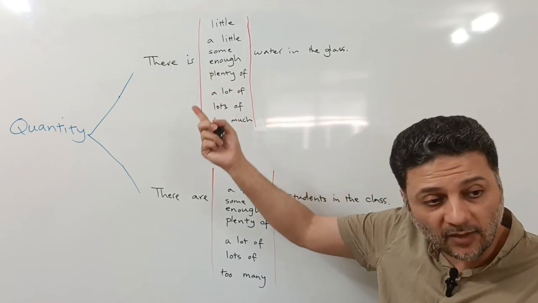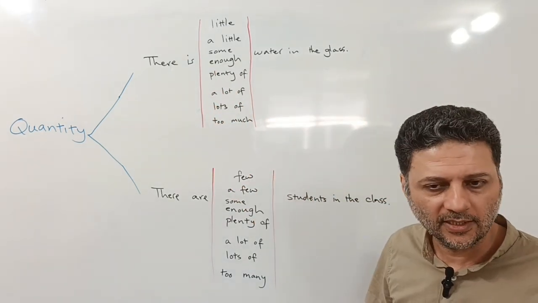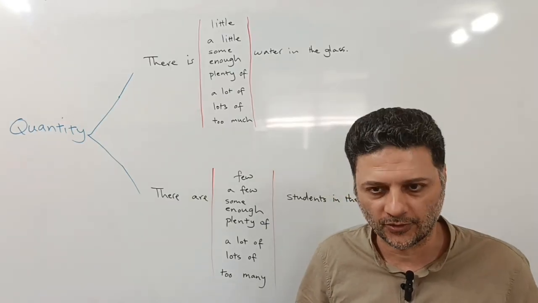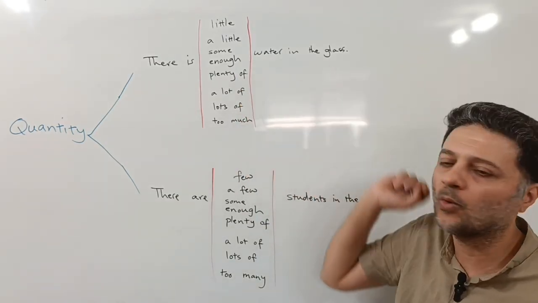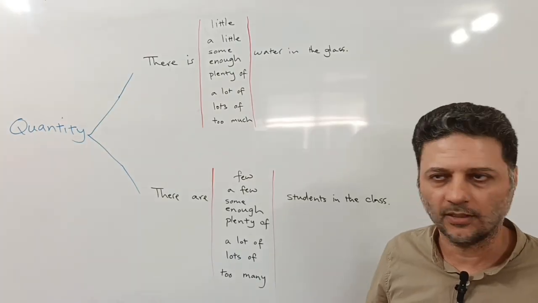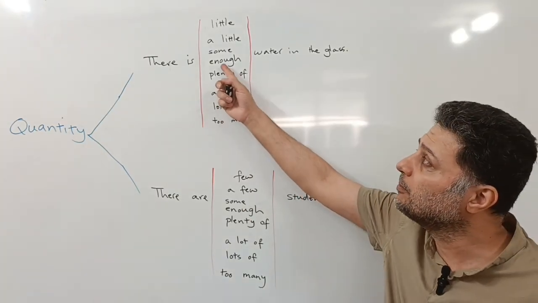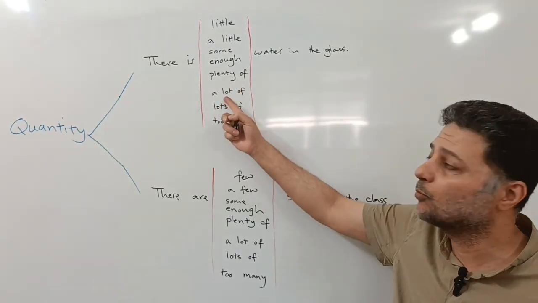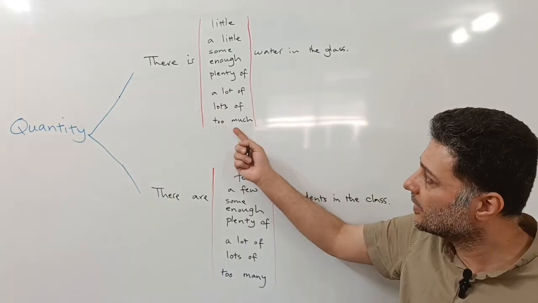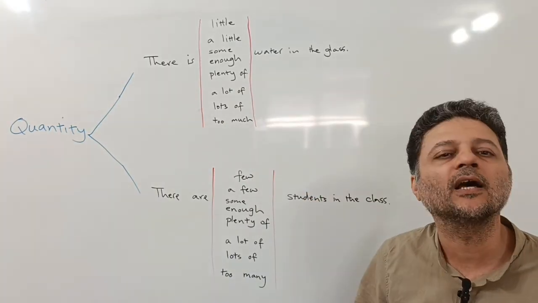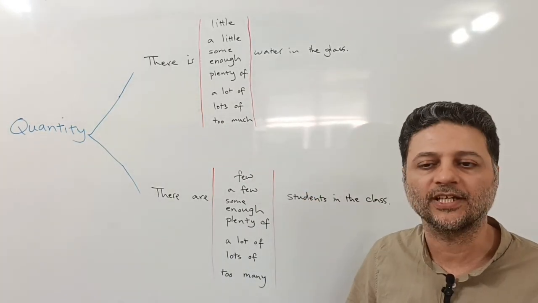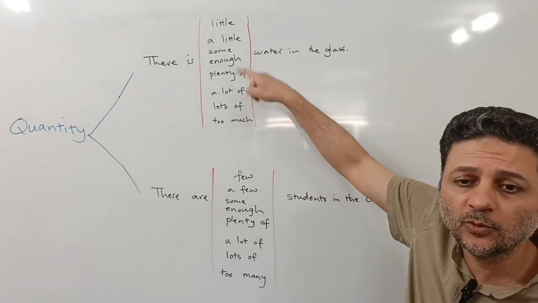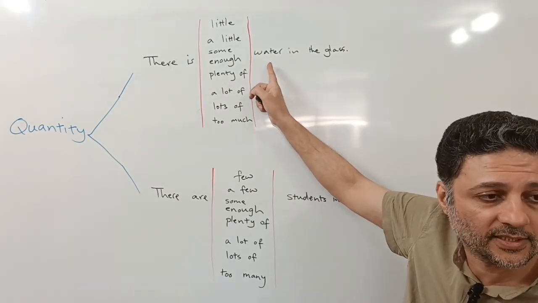Then when we say there's enough water, it means that it's adequate for us, enough to quench our thirst. If you're thirsty and you drink enough water, then you're not thirsty anymore. A little bit more than enough is plenty of, right? And more than that, a lot of or lots of, and then too much means more than what is necessary. More than enough, okay? Anyway, that's all the quantifiers we use for uncountable words such as water.